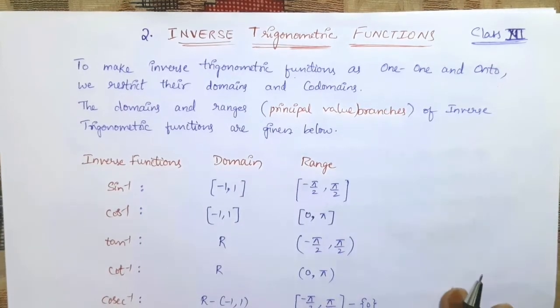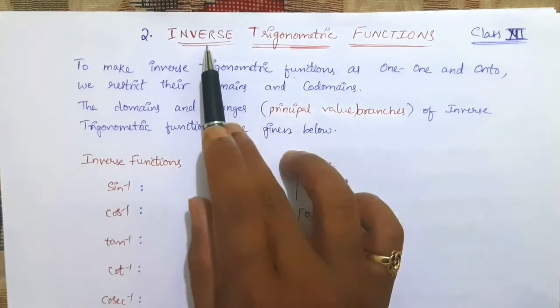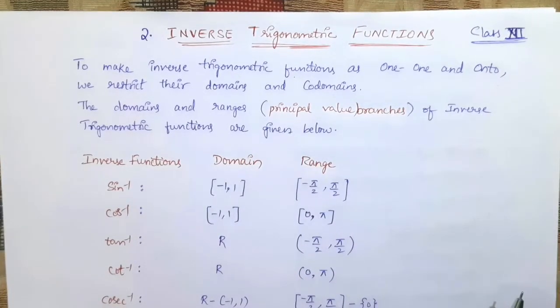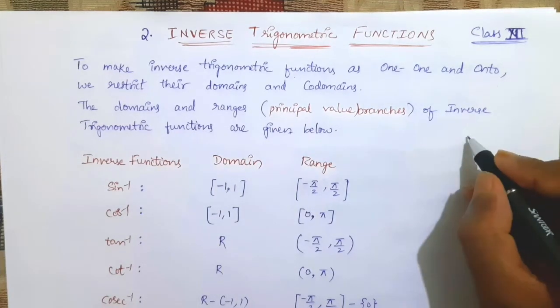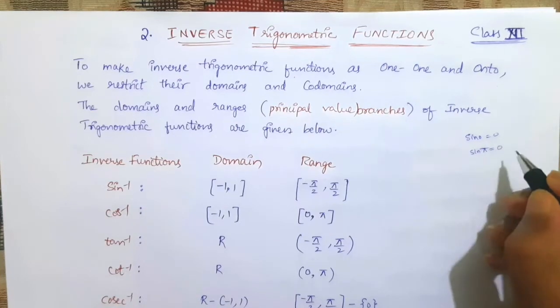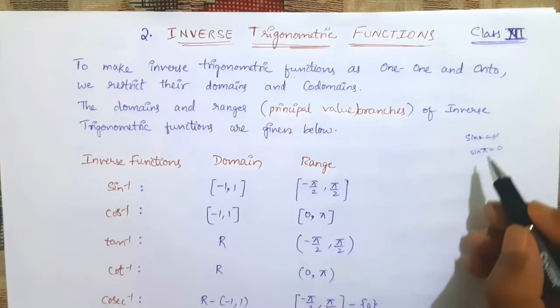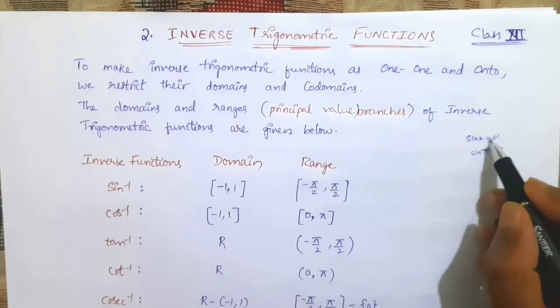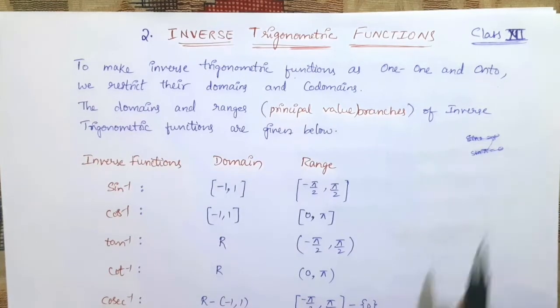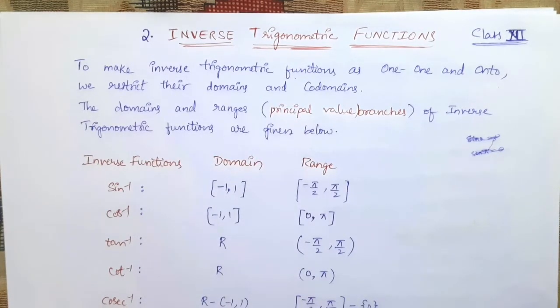Now, when it comes to inverse trigonometric functions, for an inverse to exist, what is the condition? It should be bijective, that is, it should be one-one and onto. But if you observe clearly, sine, cos, tan, these trigonometric functions are not bijective. Why? Because you know that sine 0 is 0, and again sine 180 is also 0. So for 0 the image is 0, and for pi the image is also 0. This should not happen in a bijective condition. So that's why these trigonometric functions are actually not inverse functions.